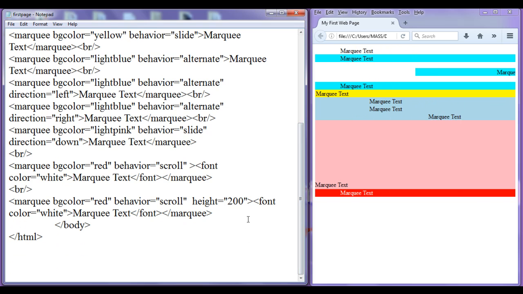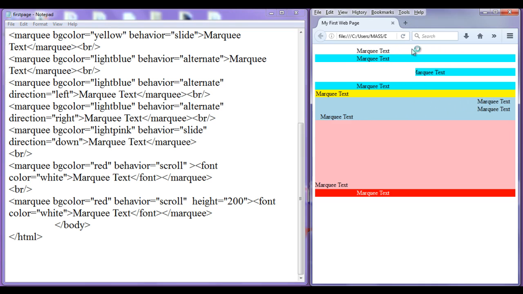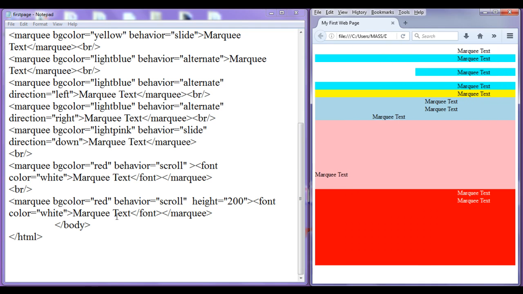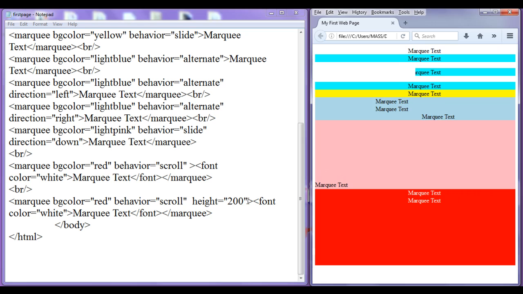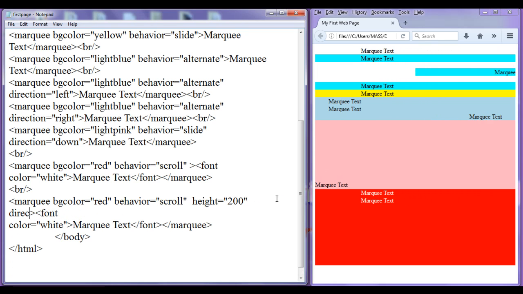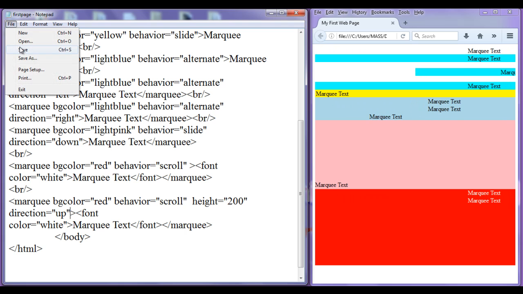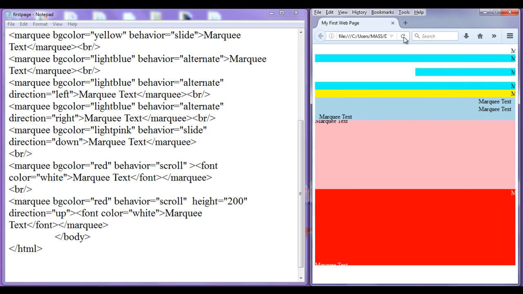Let's take file, save, go to browser and refresh. And I have to mention the direction also. I'm going to mention here direction equals up. File, save, go to browser, refresh. Now you can see that this marquee text is moving up.